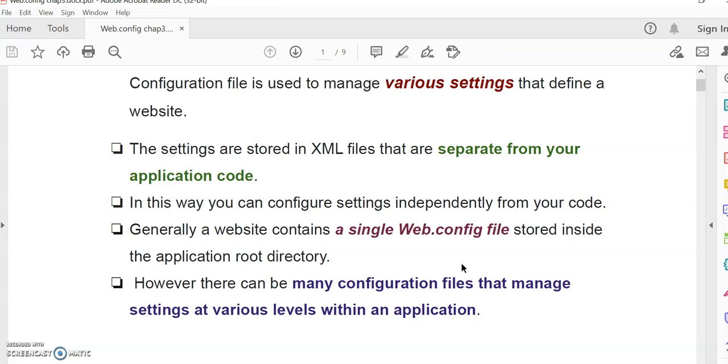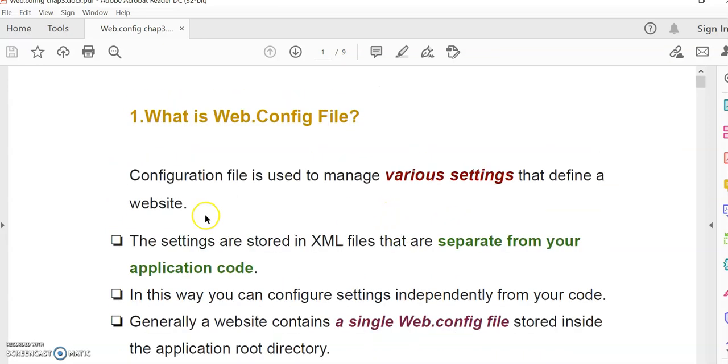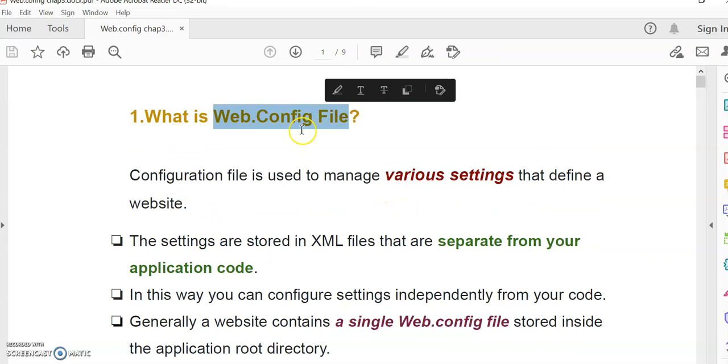This exam module contains web pages, and all these web pages require a common database connection, a common setting for authentication, and a common setting for authorization of the users. So these settings are common for these web pages. That's why we make a group of web pages that require a common configuration setting, and that can be associated with the help of the web.config file.